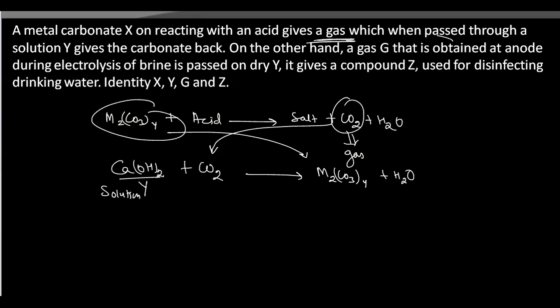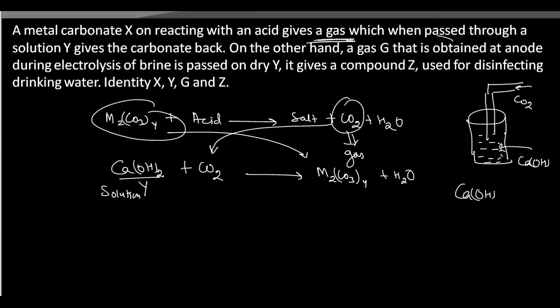ये बहुत famous reaction है कि हम लोग जब lime water के साथ CO2 gas pass करते हैं, then it turns milky, तो ये milky हो जाता है, ठीक है. This is the lime water, calcium hydroxide, so it actually turns milky. यहाँ पर मैं लिख देता हूँ, this calcium hydroxide when passed with carbon dioxide, it will give you calcium carbonate plus water.